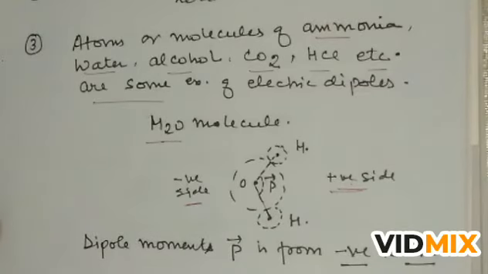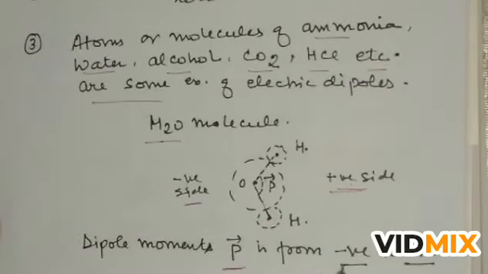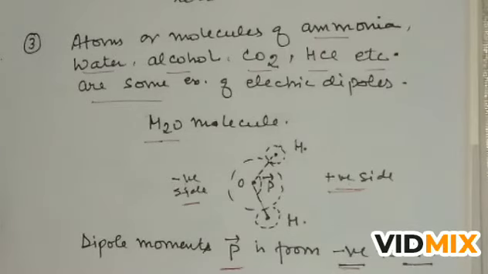So dipole moment is from negative to positive, very important, and that is the reason why I told you to always draw the negative charge on the left hand side and the positive charge on the right hand side. When you draw this, you will always remember that the dipole moment is from left to right, meaning from negative to positive. So this is a very important question: what is the direction of electric dipole moment? And since I am telling you the direction of the dipole moment, it means that dipole moment is a vector quantity.